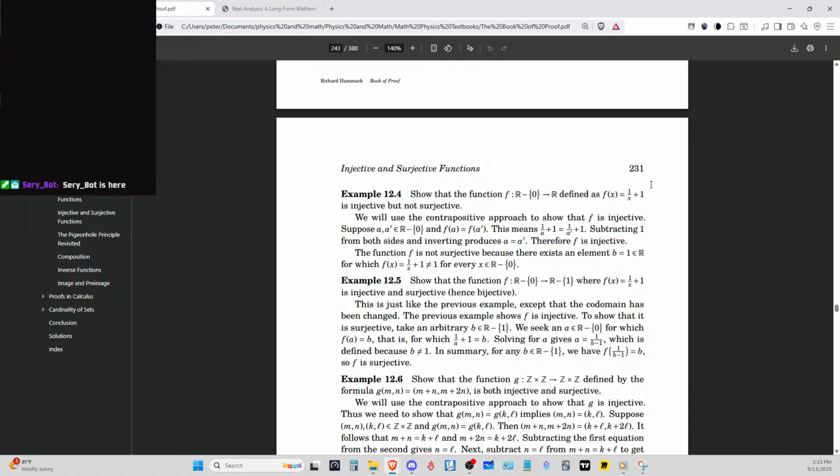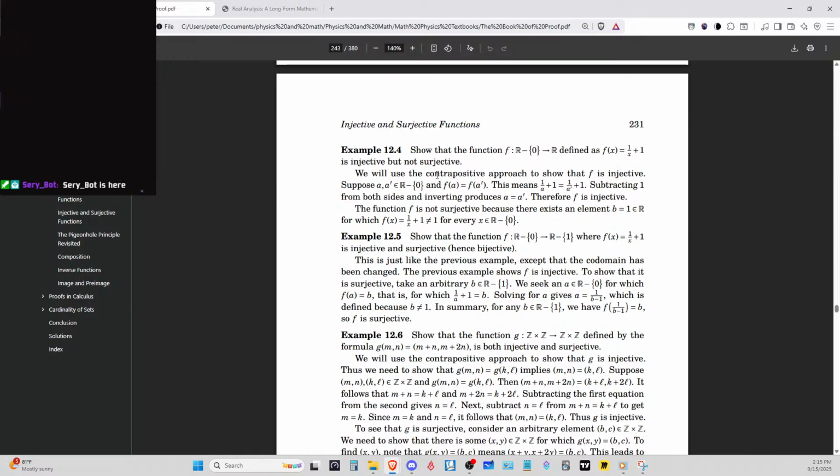Okay, so we don't have 0 because x can't be equal to 0. We use the contrapositive approach, and suppose a is in A. So okay, we have a equals a prime, now subtract 1 from both sides. Therefore, f is injective. The function is not surjective because there exists an element b